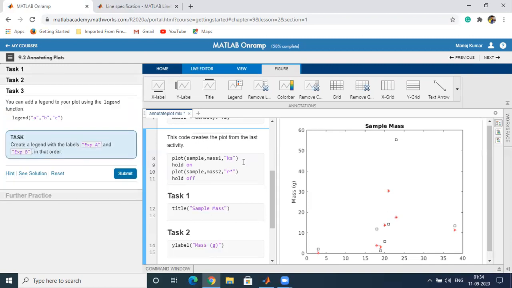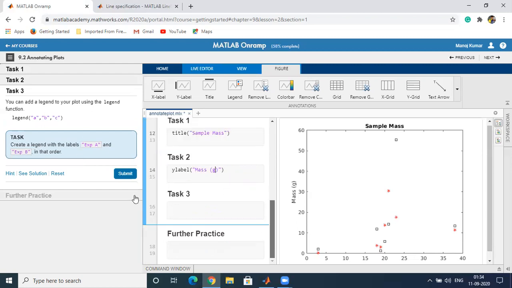We can also add legends, and we can give their names just by using the legend function. You can add a legend to your plot by using the legend function, with legends within the quotes A, B, C. So if it has three different data, then we have to give three different inputs within the quotes.